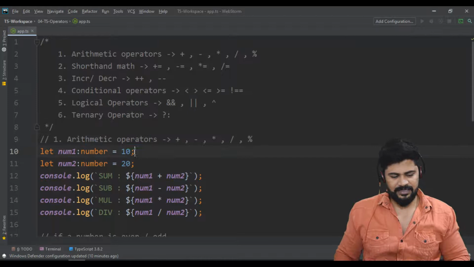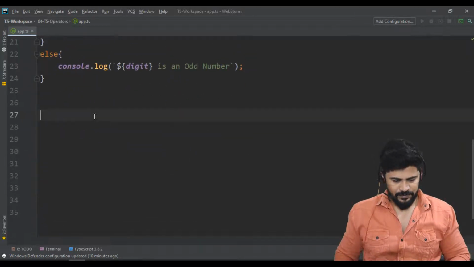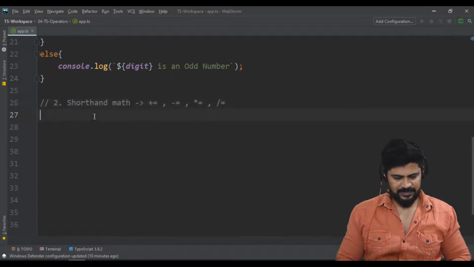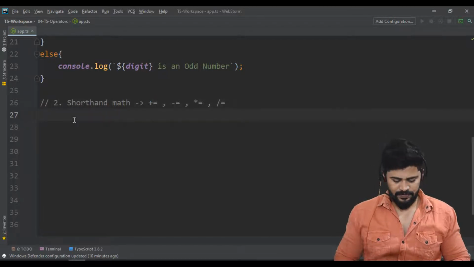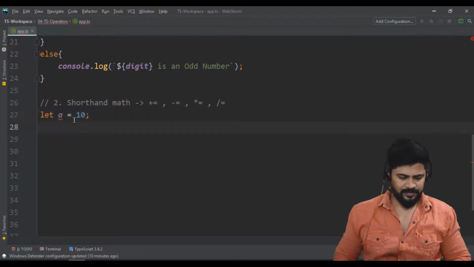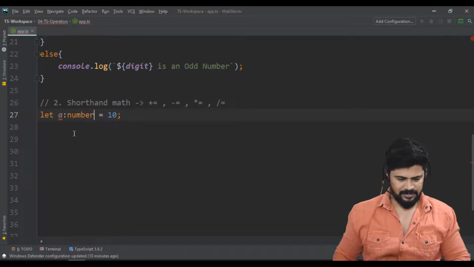A simple example. Let's take shorthand math. Shorthand math will be like this, plus equal to, minus equal to, these things. These are like a shortcut for the plus operation, I'll tell you. So let A is equal to 10. You must declare it of type number.